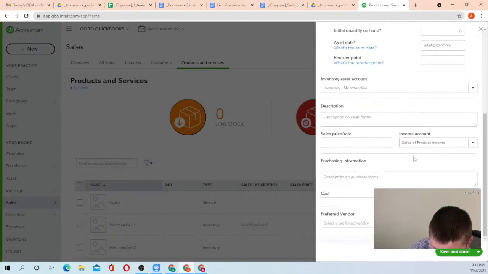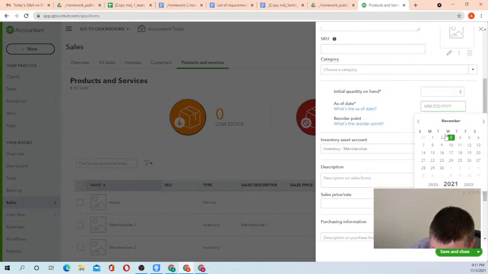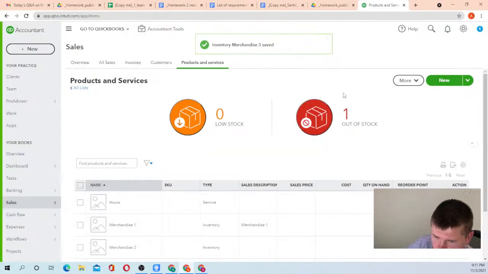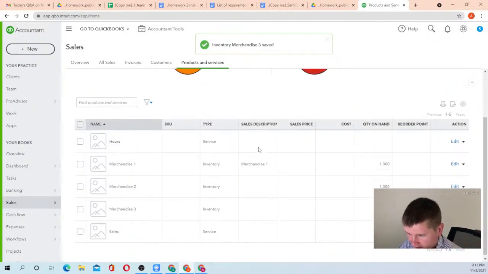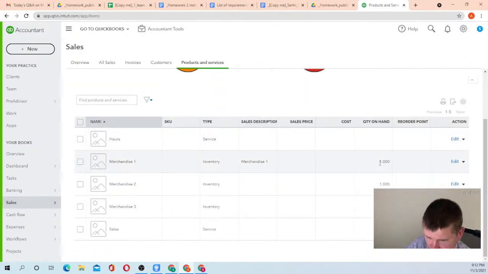Something is not right. That's interesting. Let's just say, okay, September 30. No? Okay, let's see. Yeah, it works. So the problem was with the date. As you can see here, that report also provides you with a summary of quantity of inventories. That's because I've already done that transaction several times. That's why I have something here in the report.